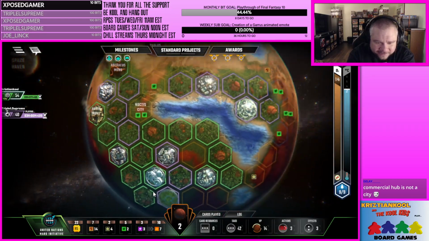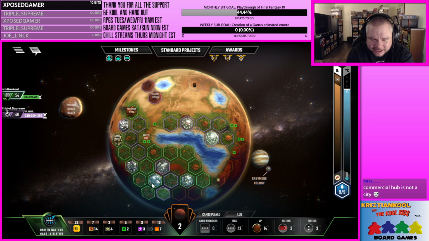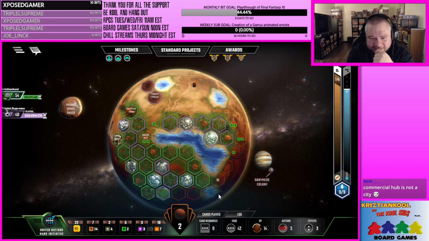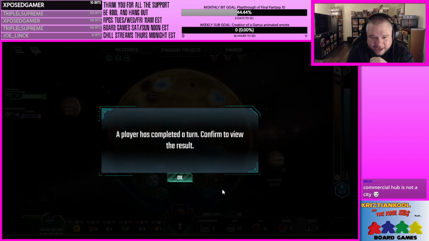God damn it. Fucking city. That's not a city? No, commercial hub's a different type of thing that scores off other cities. It's not a city itself. I just didn't really look at it and I just placed it there. Fuck. I wouldn't have placed it there otherwise. If it makes me lose the game, I'll cry, but...